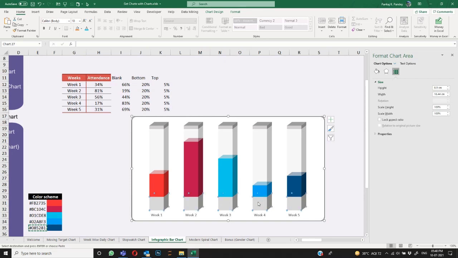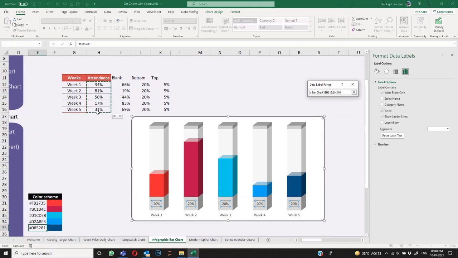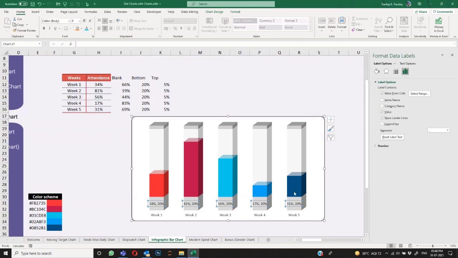But instead of value, what you can show here is value from cells. So I click on this, select this range, and say OK. Then I'll uncheck value. And now it shows me 34, 81, 56, 17, 31. And I'm simply going to change the font maybe to Impact and increase the font size. Done.